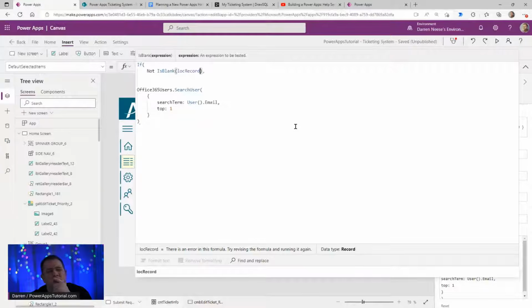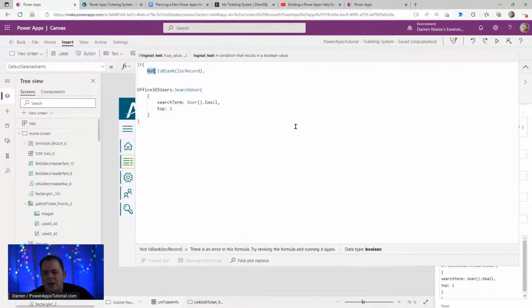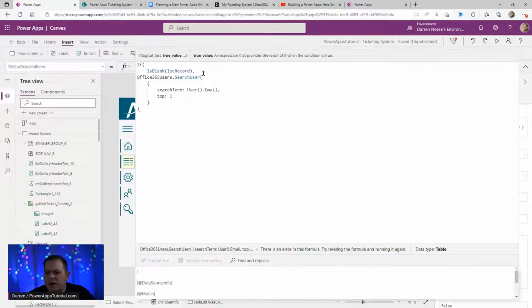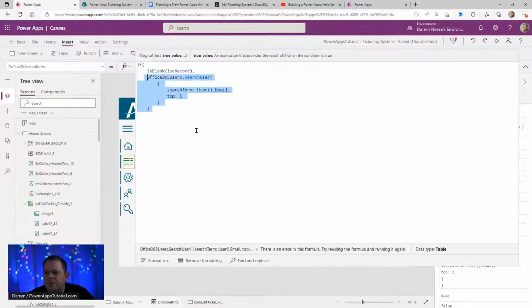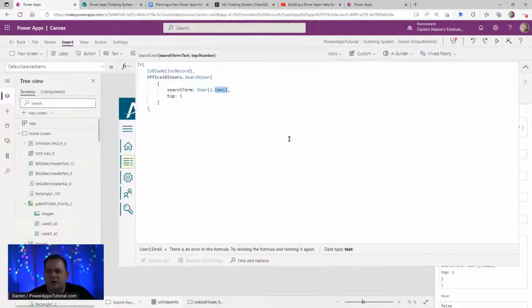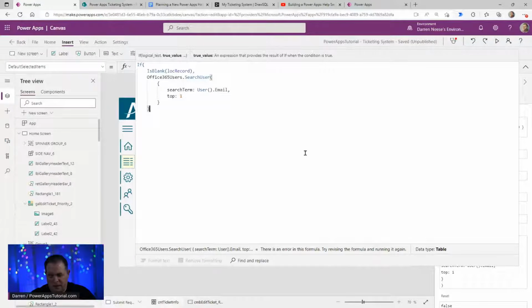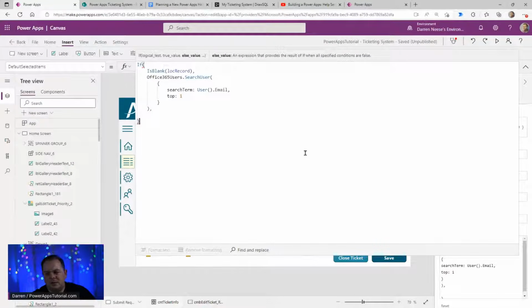I'm going to back this up because our situation is different from the application I've built before that I'm pulling this from. If it is blank, it's a new record, we want to default to the current user. And so we're looking at the email and we'll find that person and put them in there. Otherwise, if we're dealing with an existing record, then